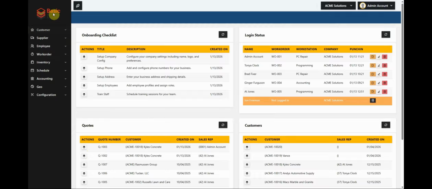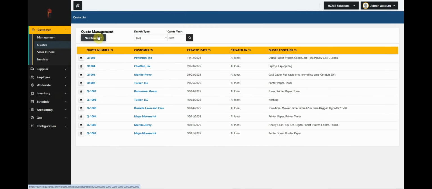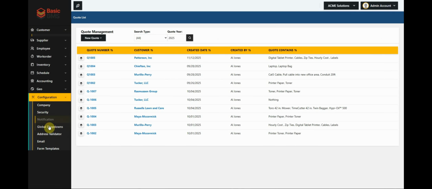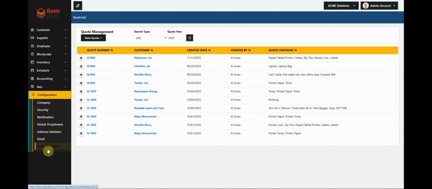So in the case of Acme here, we were going to rent some equipment to Kyle's Concrete, and with that, we had a disclaimer statement about the fuel stuff. So we entered that manually, but we don't want to do that every time. If we come over here to quotes, you can see that we have this new quote, and it's a basic quote. Let's say that we want to put that in permanently, so that every new quote mentions that fuel